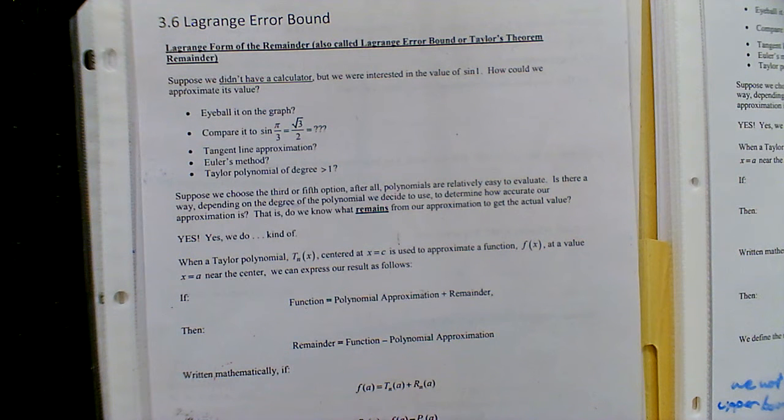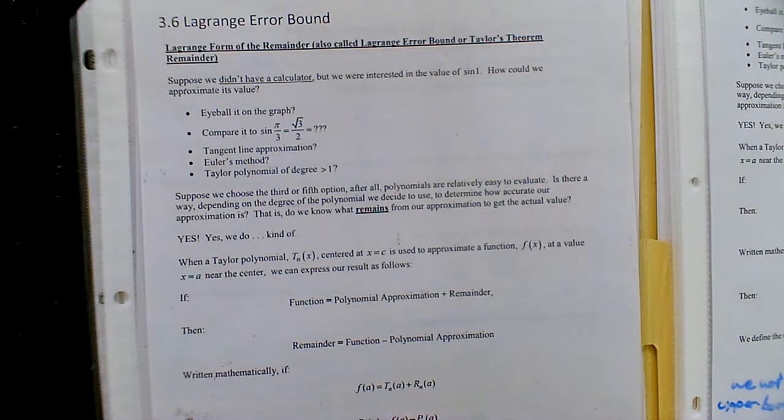So suppose we choose the third or fifth option. After all, polynomials are relatively easy to evaluate. Is there a way, depending on the degree of the polynomial we decide to use, to determine how accurate our approximation is? That is, do we know the remainder from our approximation to get the actual value? And it says yes, yes we do, kind of. So this is where Eric has questions. All right, so